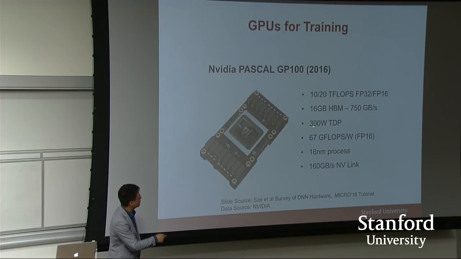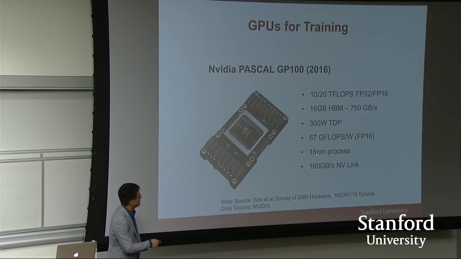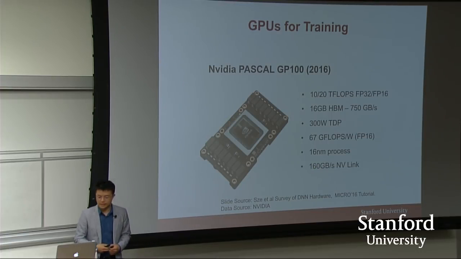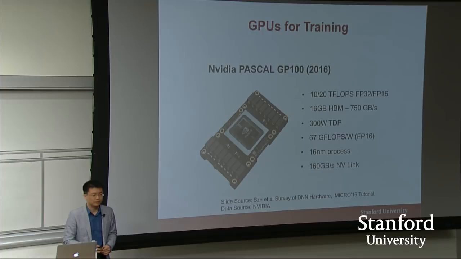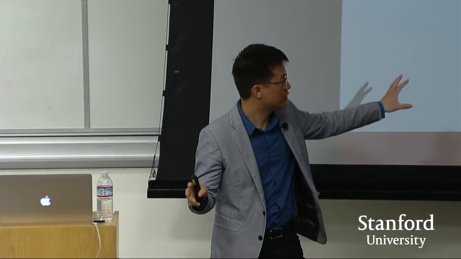It consumes 300 watts, it's built in a 16 nanometer process, and it has a 160 gigabytes per second NVLink. So remember, we have computation, we have memory, and the third thing is communication. All three factors have to be balanced in order to achieve good performance. So this is very powerful. But even more exciting,